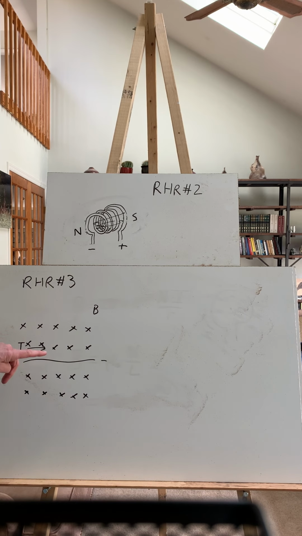Remember, this is not the field generated by the wire, because that would be an X on one side and an O on the other side. So this wire is sitting in this magnetic field. In order to find the force exerted on it,